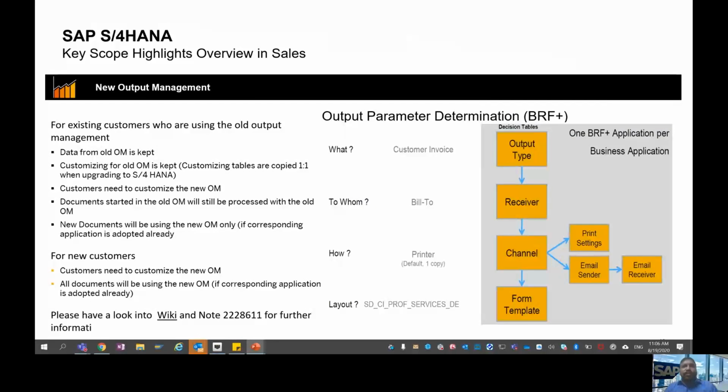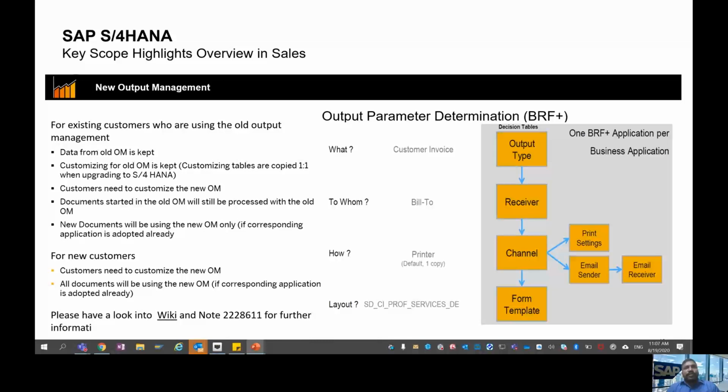All right, so coming to the output management parameter determination or BRF plus. For existing customers moving from ECC to S4HANA, we have said that the old output management will work. Basically the output management is kept intact because all the customizing tables are copied one-to-one.